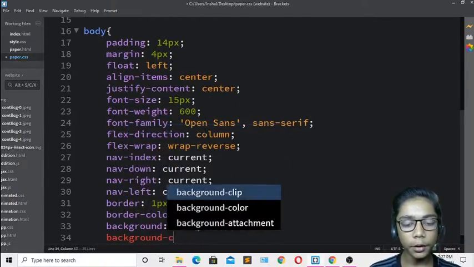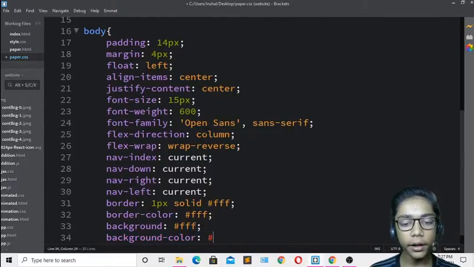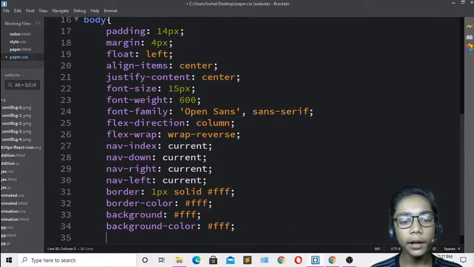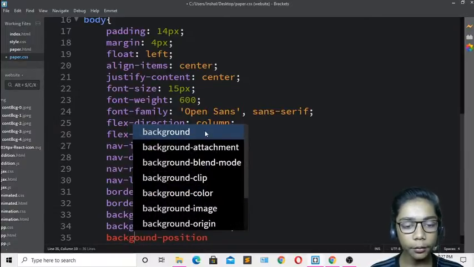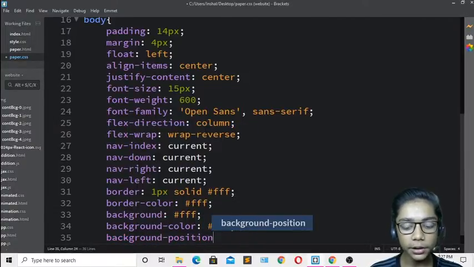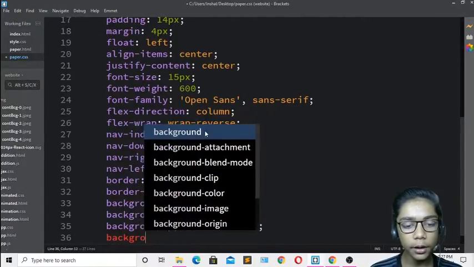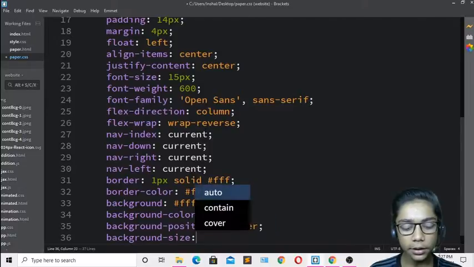Okay, so now when you've done all that, I will define where we have done till over here. Just when you've done all these things, you have to write background position. I will just erase this extra R, and now write background position, which should be center. Then come over here and write background size, which should be cover. So I will write background size cover.